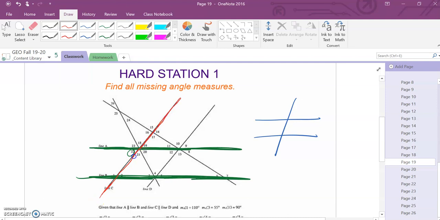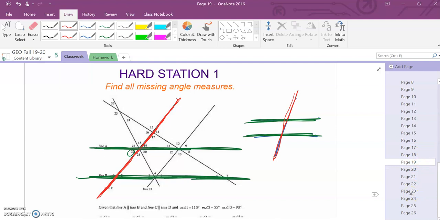If I want to find a relationship to angle 22, maybe those are the two, or three, excuse me, lines that I want to look at or relate them to. It's really important to try and use the colors to highlight, and then of course you can just kind of redraw it off to the side. Try and relate it back to the simple picture that you're used to, and see if you can find a relationship that way. So it can be kind of tough, but if you use the colors, it's actually a really useful tool. But again, you only need to do the hard stations and anything beyond page 18 if you already